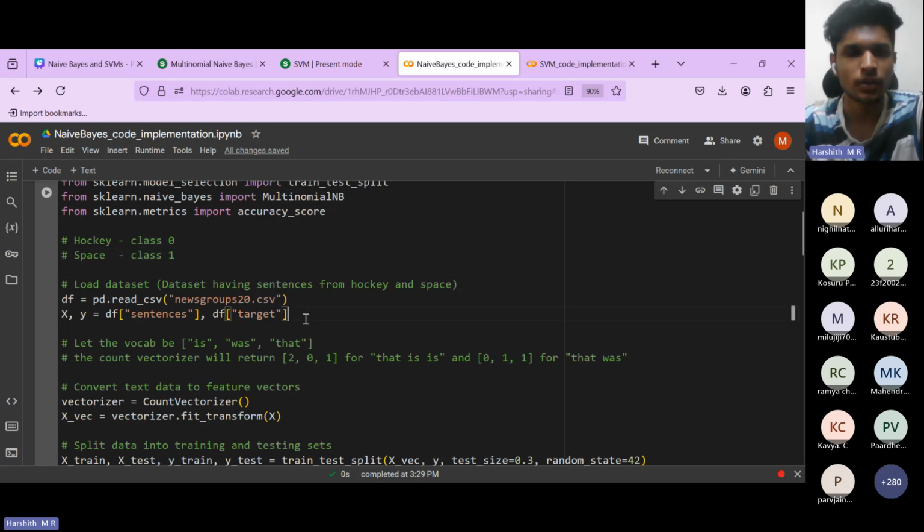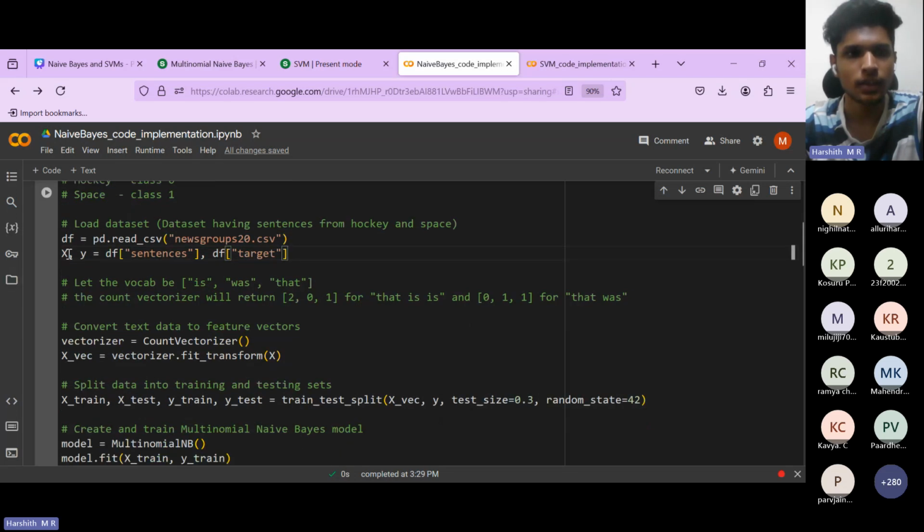So first we need to do training. For training, we'll load the data set from the CSV file. We'll split it into two. X contains the sentences and Y contains the target variables. So when you have split the data set, then next